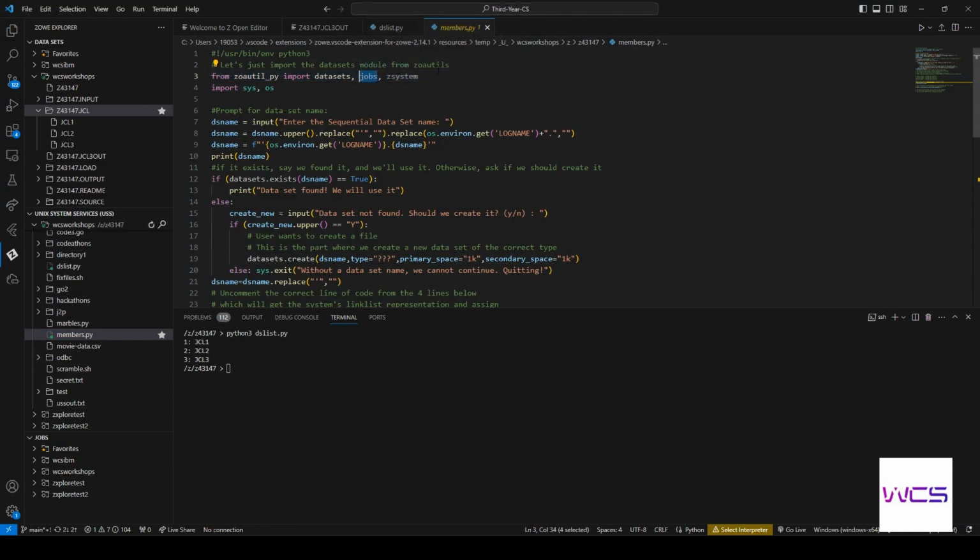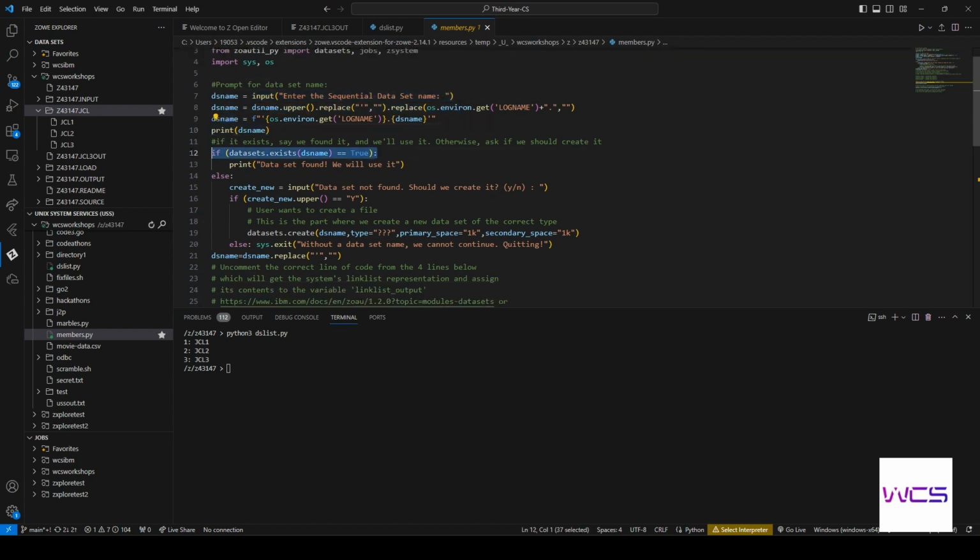We're importing jobs and Z system, and you can read up on these if you'd like. We'll be incorporating some of this in this example. And then lines 6 to 18 here, you can see we asked them for the sequential dataset name. First, we're checking if it exists, and if it's found, then we can use it for the rest of our